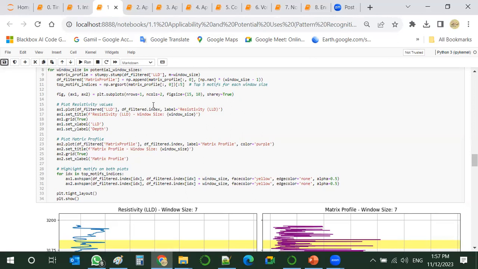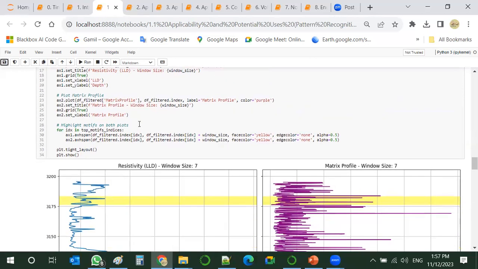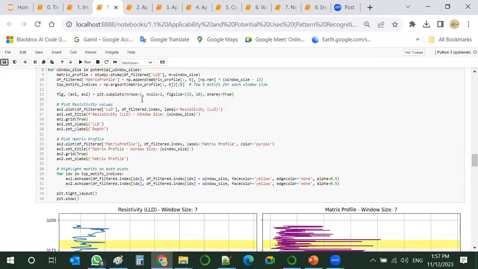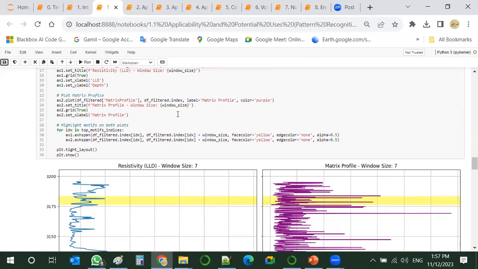So now we are just interested in plotting resistivity and the respective matrix profile for this specific time window. And we will see the top 5 similar segments, I would say, or patterns, for a window size of 7.